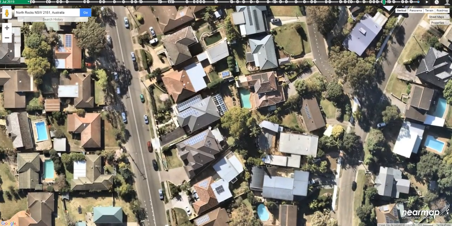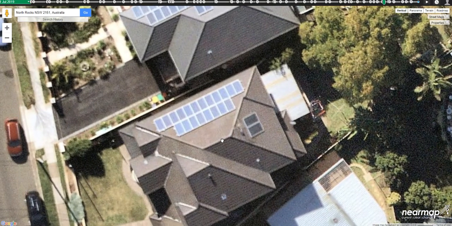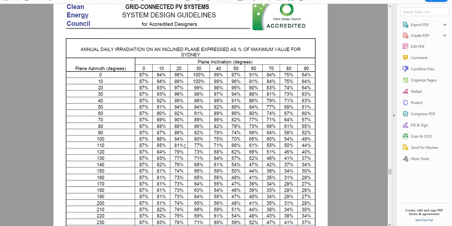Here we go. So much solar. So this house has a system which is mostly facing northwest. It's probably just a little bit, in old speak, it's probably northwest. And let's say this house is also on a 25-degree pitch. We'll just have a look at this graph. So, for example, it's in between these two columns. It's facing slightly more north than it is facing west. And if it's at 25 degrees, then we're talking about